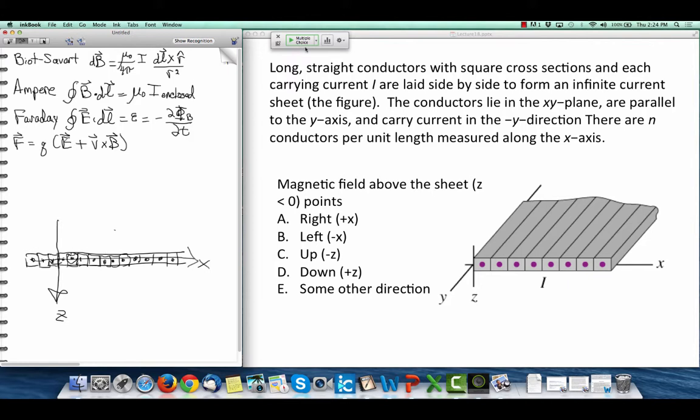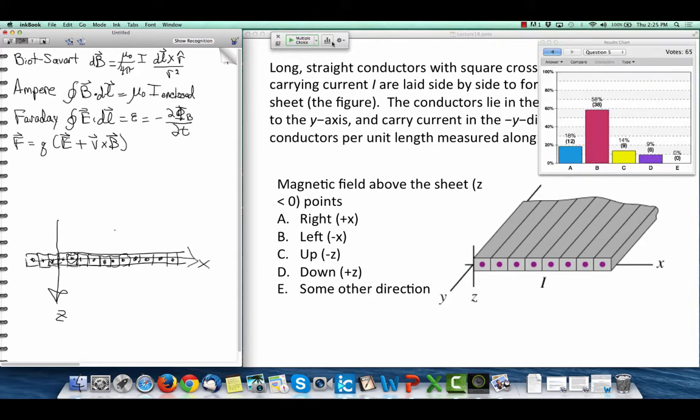So, taking into account all of the pieces, every single piece of the sheet of current, what's the direction of the field up above? So, main answer is to the left. So, what's the magnetic field look like around just this one right here? Well, this center one,